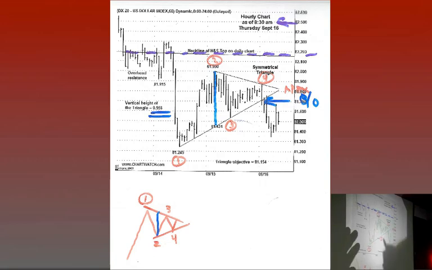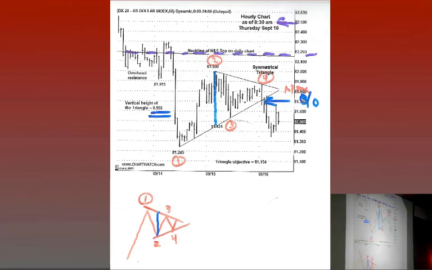So what are we supposed to do? We're supposed to always go to reversal point 2 in the triangle, no matter whether it's in a bull market or a bear market, and we go to the opposite boundary line. And you can see what I did is I moved my cursor over on the chart to right here, and that was 81.434.